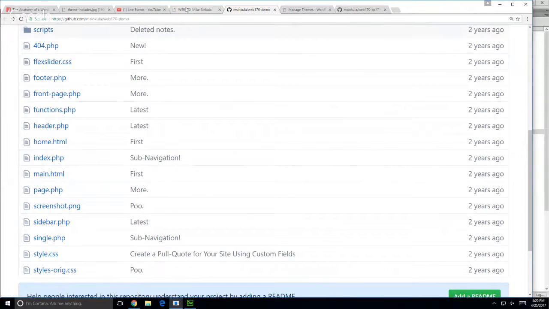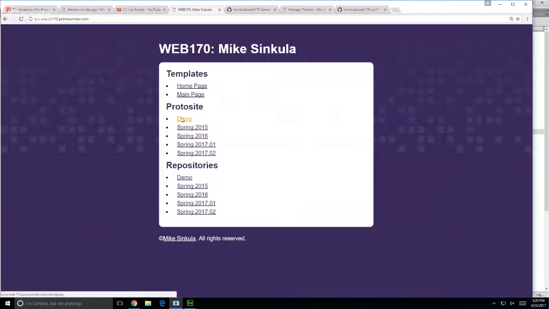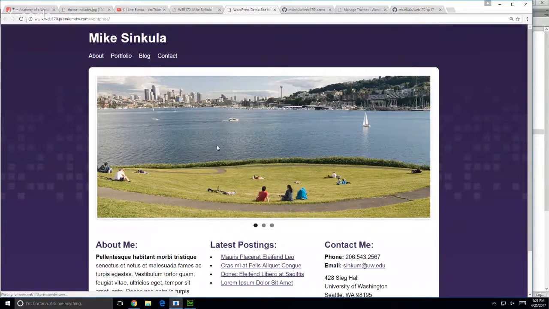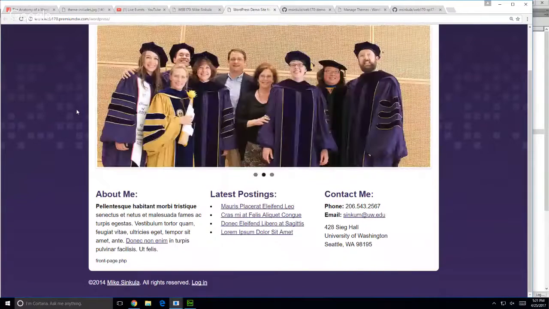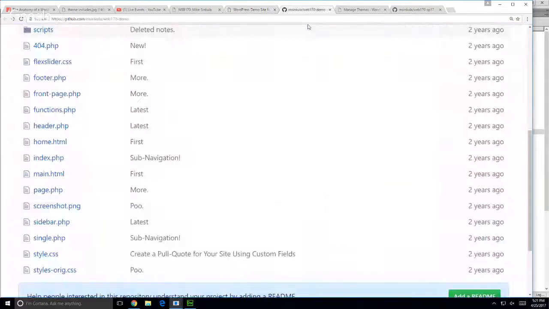If I go to the proto-site demo, right now I have set the home page to be a static page. Remember how we did that in settings, where we can choose a static page or the blog feed page? So what we're going to do down the road is